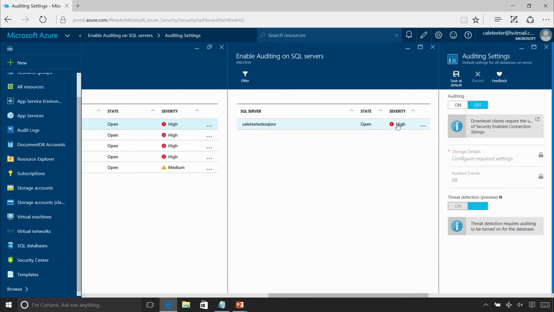You want to make sure you have auditing turned on so you can see it. And what's interesting is that because that's a first-class component inside Azure, we can give you guidance and direct you right to the pane to turn this on. So instead of having to go back out and look for that SQL server in your Azure tenant, in your subscription, and enable all these settings, we do it right here from a single click.